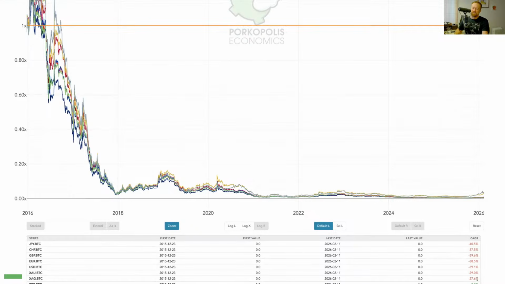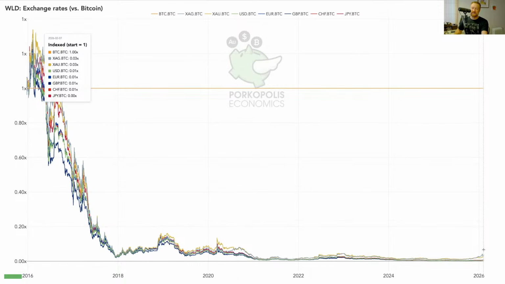But look at this, 40% per year for all currencies. Japanese yen the worst. That means Bitcoin grew from this point 10 years on average, 40% per year. 37% for the franc, sterling 39, 38 euro. Only 29% for gold and silver. But the net is you have like 1% of your value remaining had you gone into those currencies at that time 10 years ago and not gone into Bitcoin.